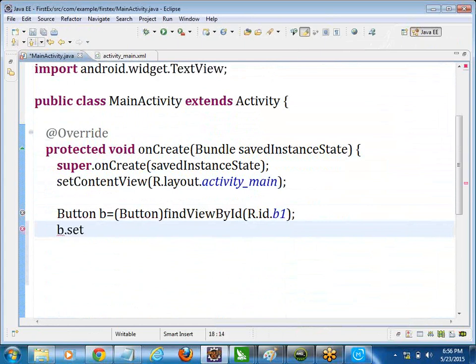For this button component, Control plus Shift plus O is the import. It's not magic. The shortcut is Control plus Shift plus O for imports. Okay, so we have to configure a listener for this: b.set